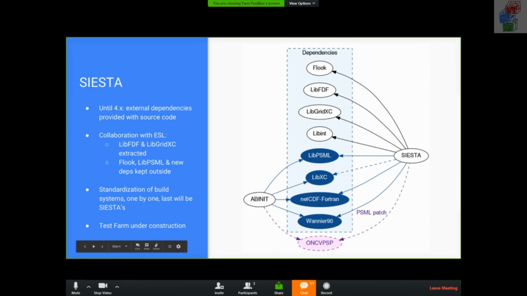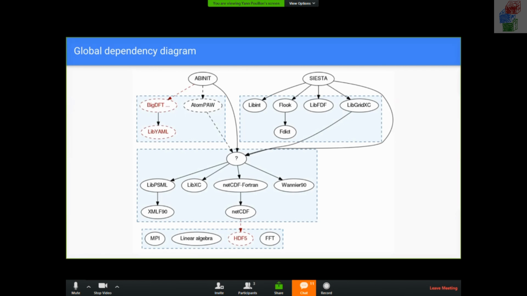And since this is not always trivial to have everything working after applying this patch, we want to have an automated and robust solution to do this. So just to summarize what we have. So for Abinit, we have